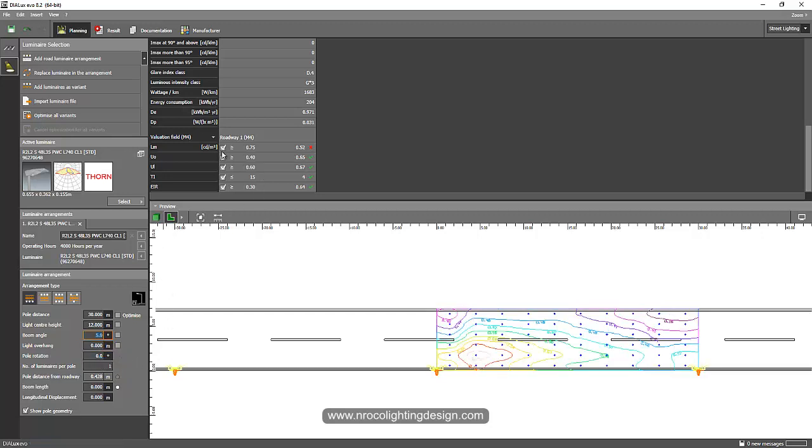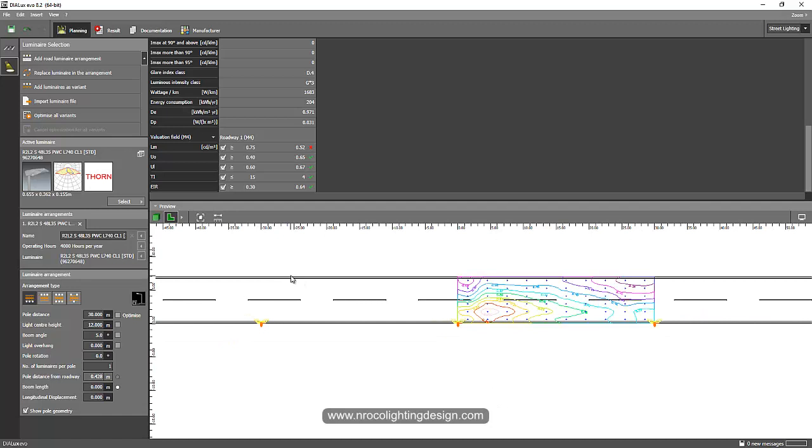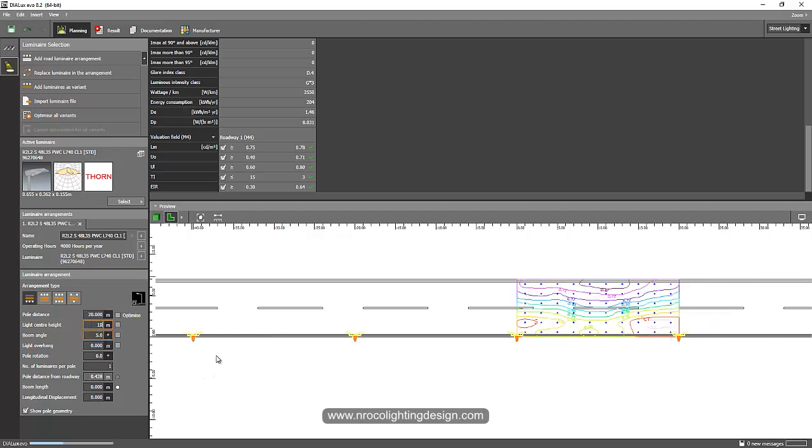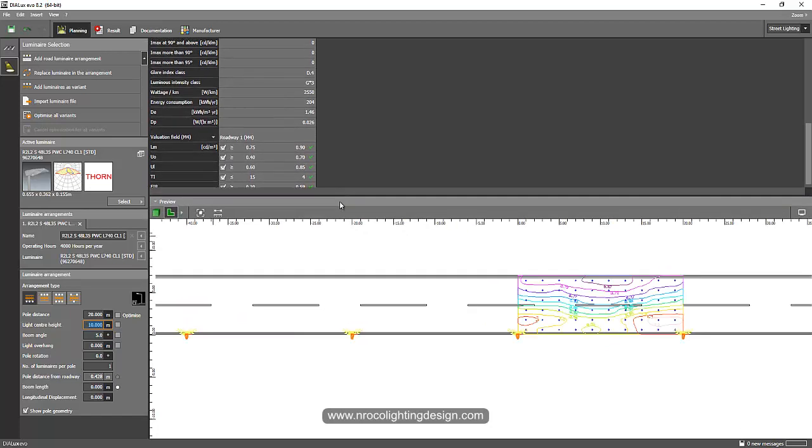So I think I don't have the candela per square meter. I did not achieve it, so I need to have a more powerful one, because right now this one is only 35 watt, or sorry, 48 watt. So if I change it into something like maybe 70 watt, then it will comply. Okay, since it's a very small fitting, let's go and change it into, say, 20 meters with a height of 10, and let's see if it complies. Yes, there you go. Now we complied here. All the requirements are checked.